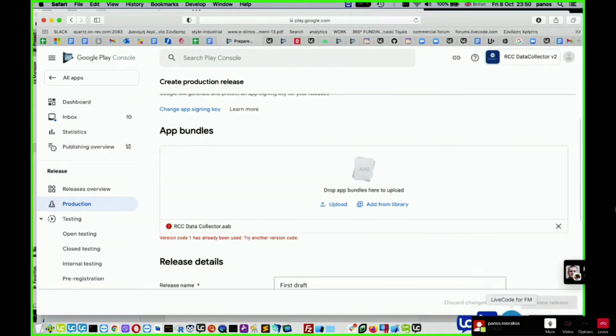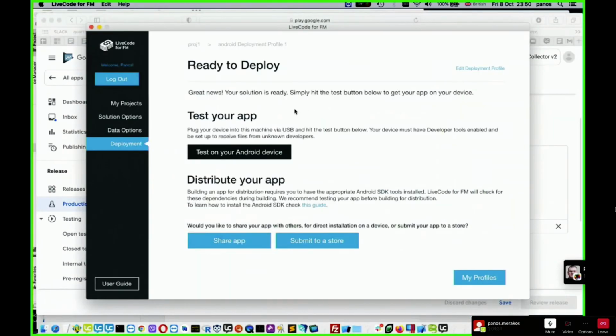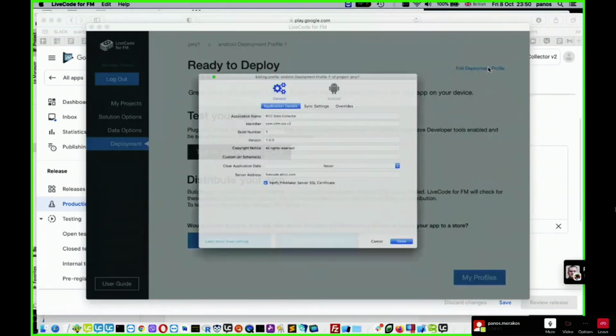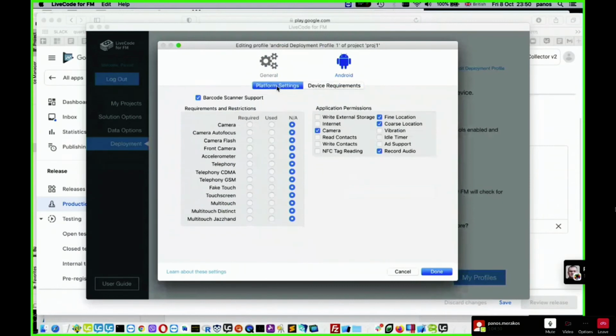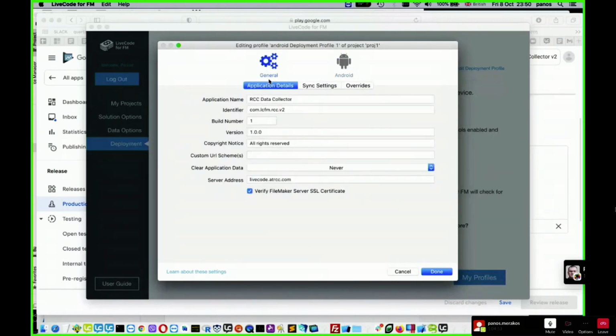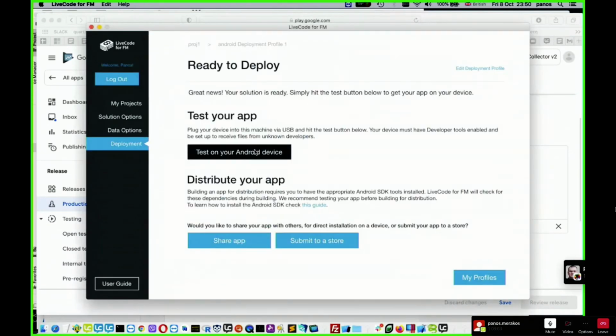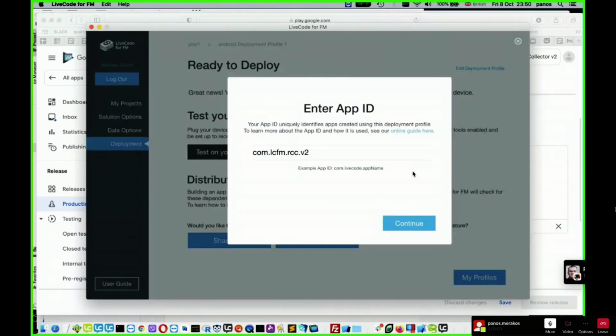So in this case, we'll go back to our tool and go to edit deployment profile, go to Android, and where is the version number? In the general tab. So the build number, we're going to change it to 2. Done, and then again build another app bundle.